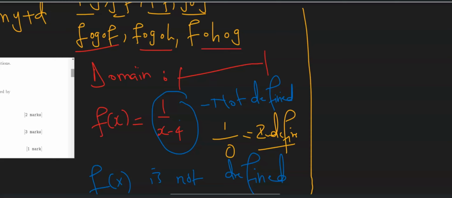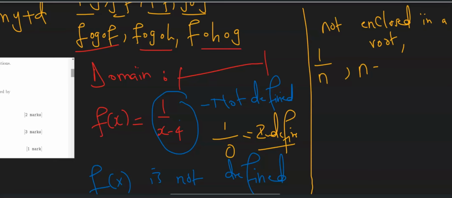So just some few rules on how to find the domain. When the denominator is not enclosed in a root, then the rule is that if it's 1 over n, n should not be equal to 0. But if you're given 1 over the root of n, you see,